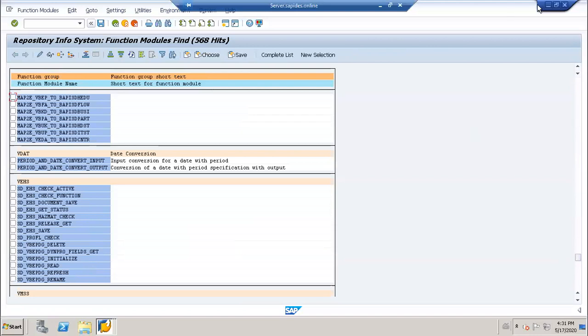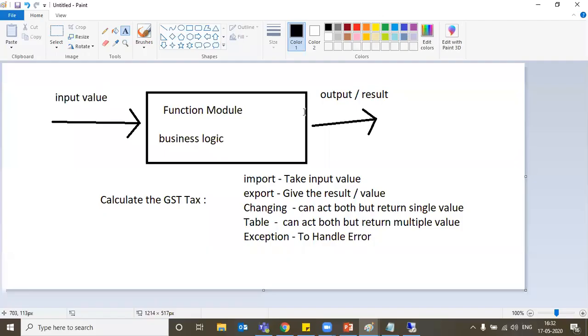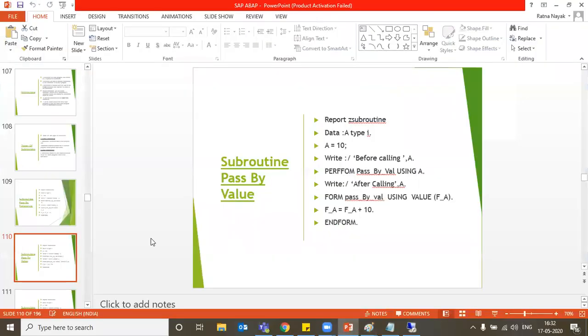Tomorrow I will discuss subroutines. So this is all about function modules. Once that part is done, we will write a report program, utilizing whatever concepts we have studied till now, from subroutines to function modules, include programs and all the internal table syntaxes.